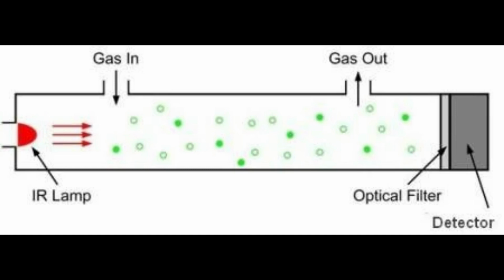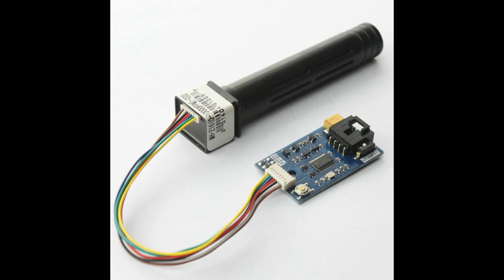The 4.2 micron band of IR radiation produced by the lamp is very close to the 4.26 micron absorption band of CO2. Because the IR spectrum of CO2 is unique, matching the light source wavelength serves as a signature or fingerprint to identify the CO2 molecules. As the IR light passes through the length of the tube, the CO2 gas molecules absorb the specific band of IR light while letting other wavelengths of light pass through.